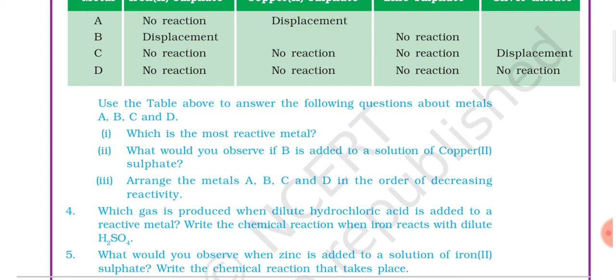So this reaction is a simple displacement reaction. Zinc plus FeSO4, these are the two reactants. When they react, you will find ZnSO4 plus Fe. On the basis of this reaction also, you can see how zinc is displacing iron and how finally on the product side iron got displaced. So this is about the in-text questions.